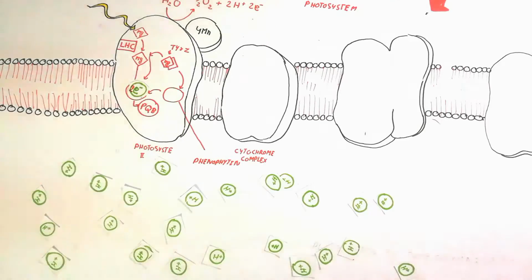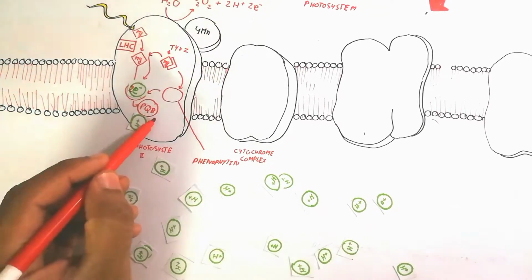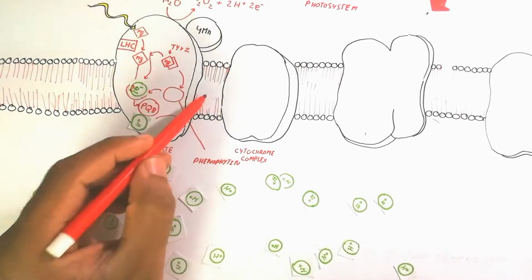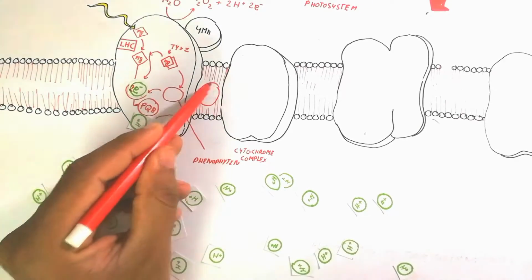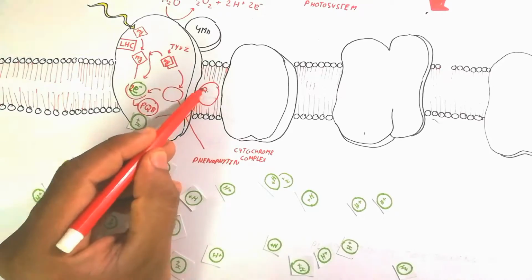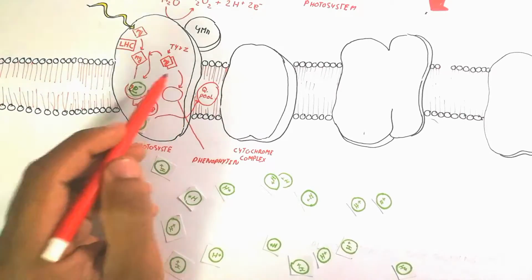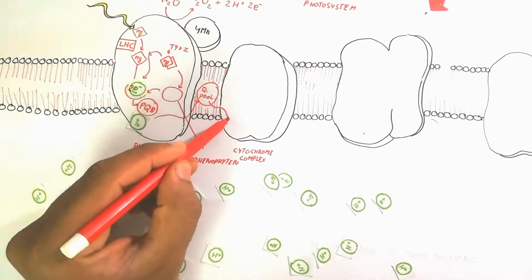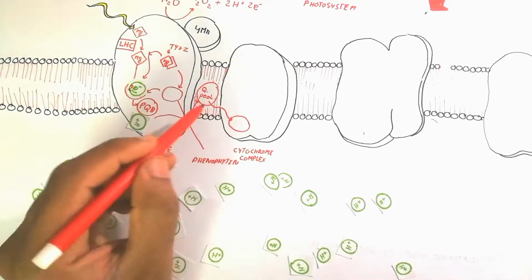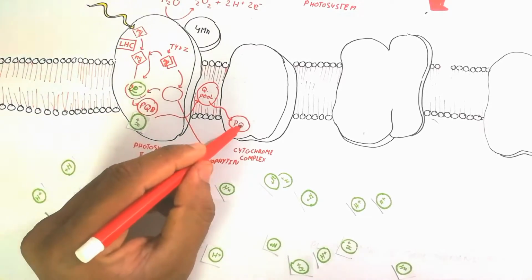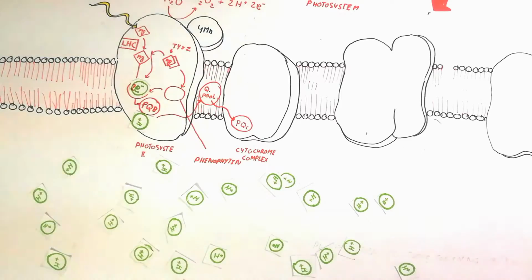Basically, on the outer side of the lumen, the outer side of the membrane, there is a proton gradient where too many protons are present. Plastoquinone B also accepts 2 protons and 2 electrons, and then goes with the quinone pool, which is another protein,